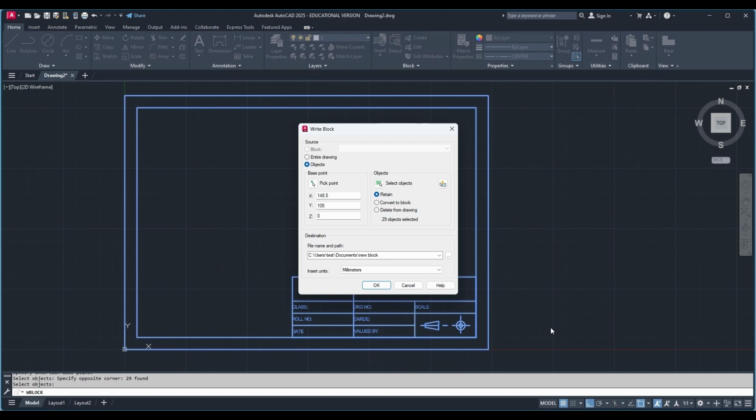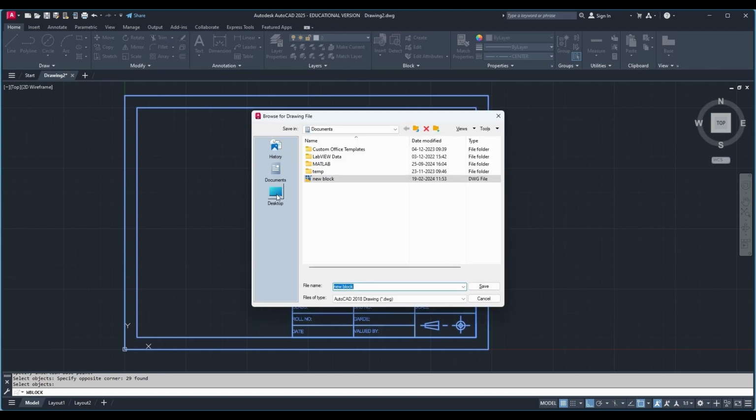It will also ask me to save again. So file path I am going to change it. Make sure you have selected this convert to block option. Now I need to save it not in documents. I will save it in desktop as